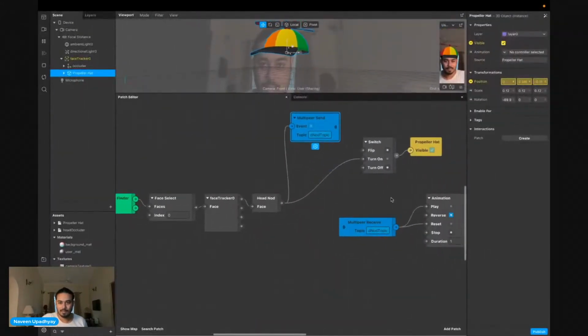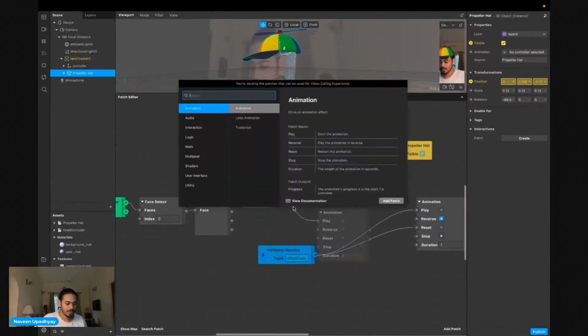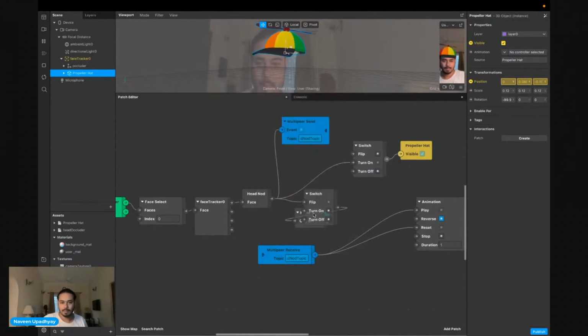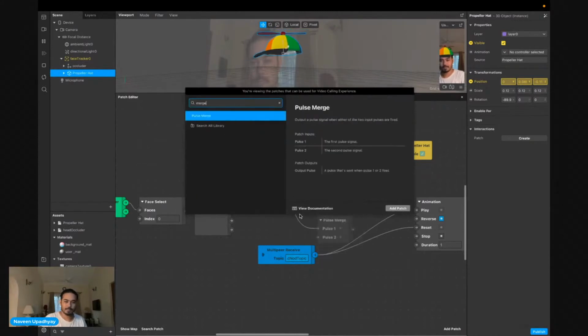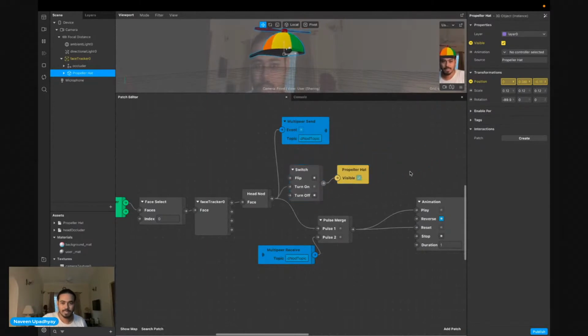So let's do a merge in here now. This was the pulse merge with the original pulse, and if we merge these pulses, then we should have a play. This is a new pulse, and let's try to make it work. The visibility is okay for now. We're not sending visibility over the multiplayer right now, but we should, so it can work differently for everybody else. But for now, just keep it like that.